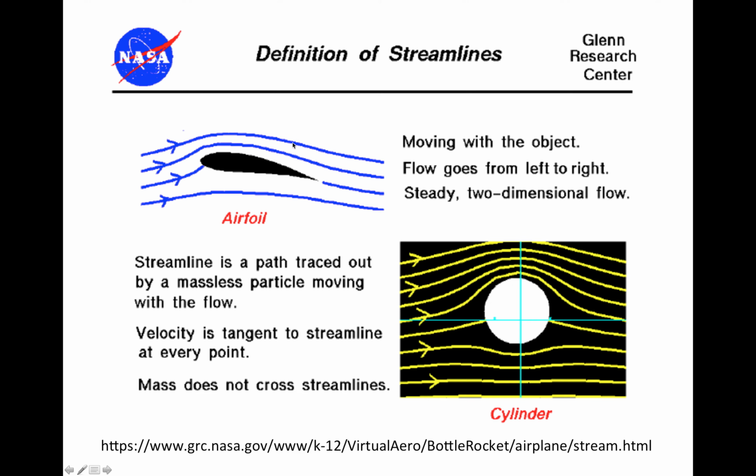So if we pick two arbitrary streamlines, for example, if we pick this one and this one, because there's no mass flow across the streamlines, between these two picked streamlines, the mass flow is constant. There's no mass going across these two boundary streamlines. That's in two-dimensional